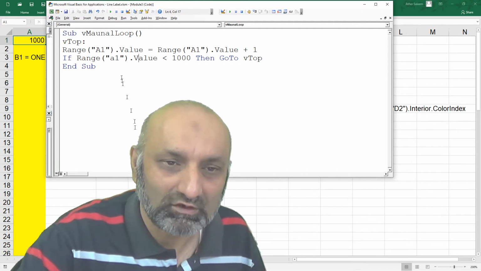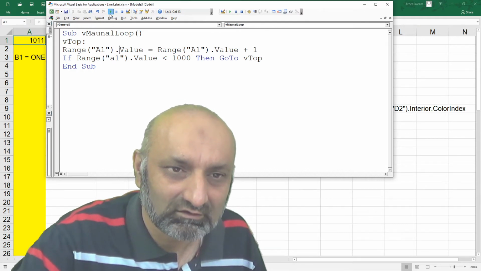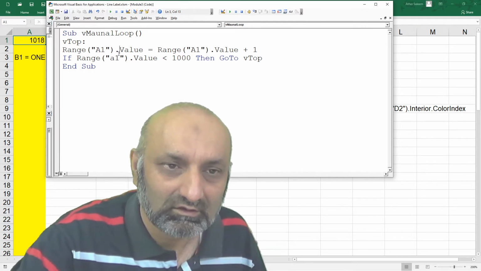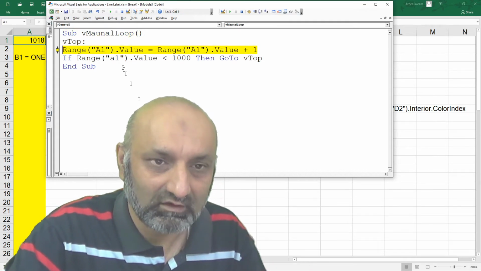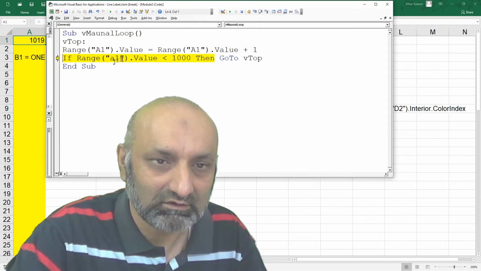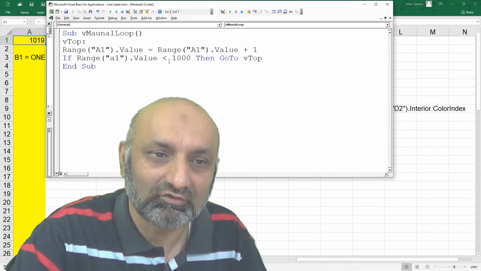Boom, 1 to 1000. Let's run it again. Why is it not running? Let's run it with F8. If range 1, adding 1. Oh, because the value is now greater than 1000, so it quits.